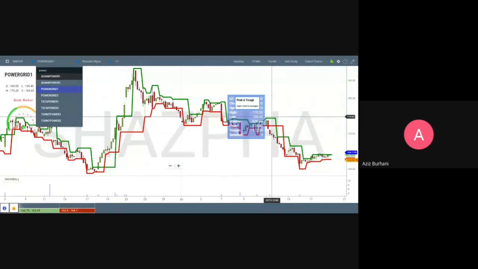There are many people who still trade through dealers, and you tell your dealer, "Okay, bhai, mera power grid ka ek short position khada hai." You put a stop loss of 174.50. So the moment the price goes to 174.50 or above that, you are supposed to buy back, square off my position. Okay. In short selling, it is called squaring off.